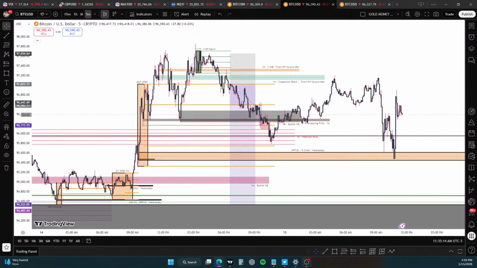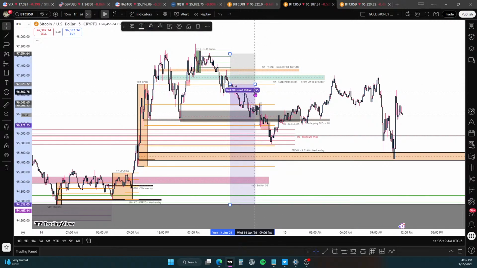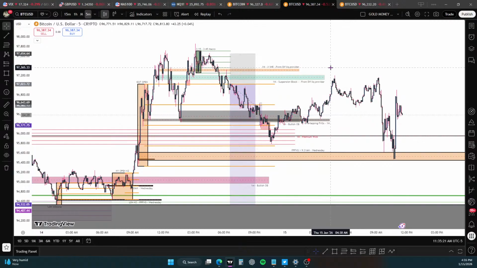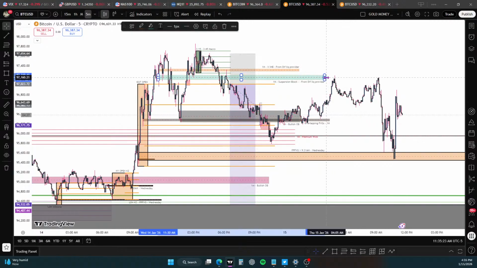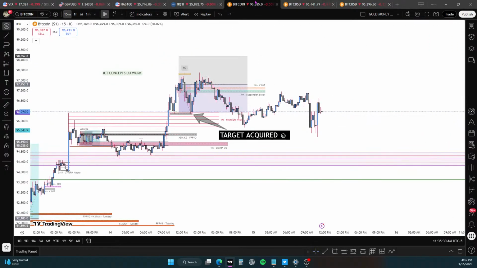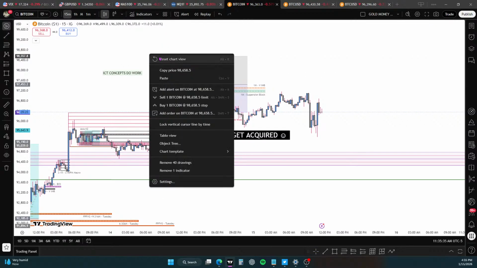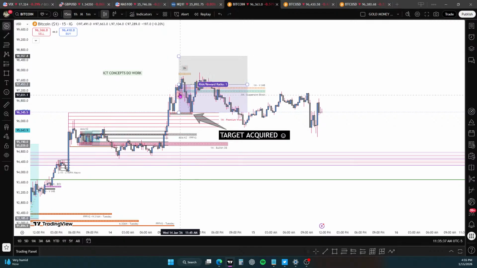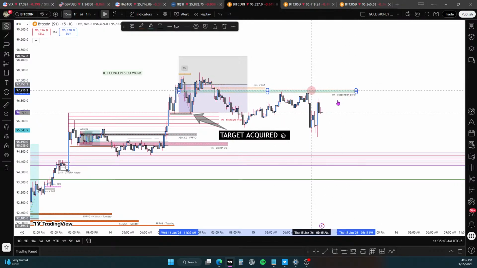I would like to draw attention to this trade here. I would also like to bring your attention to this 1 minute suspension block that was formed on a different liquidity provider. So this 1 minute suspension block was formed right in there. See, it says 1M suspension block. This was formed in the previous live stream.